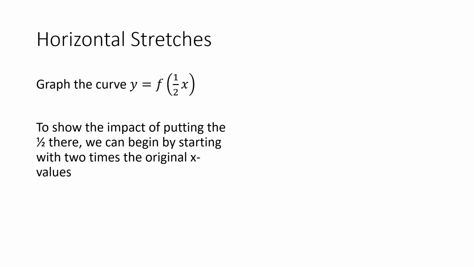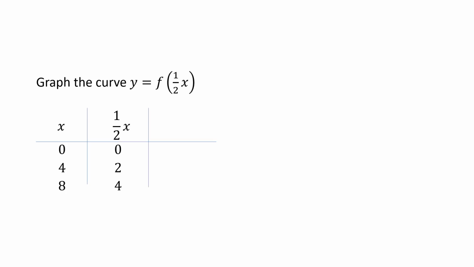Let's talk about horizontal stretches. What if we graph the curve y equals f of 1/2 x? Well, to show the impact of putting the 1/2 there, we can begin by starting with 2 times the original x values. So let's let x be 0, 4, and 8. That would mean half x is 0, 2, and 4. F of 1/2 x would therefore be f at 0, which is 0 because the point 0, 0 is on f of x. F of 1/2 x would, in the second row, be f at 2, which is 2